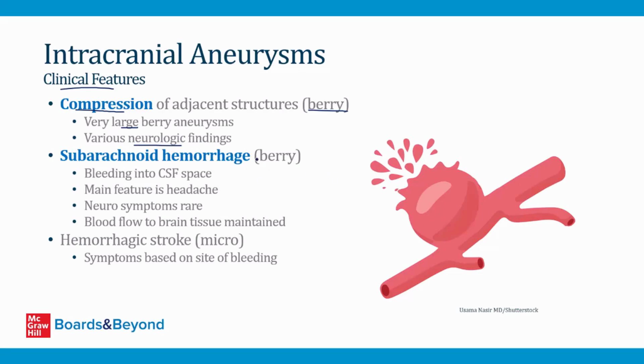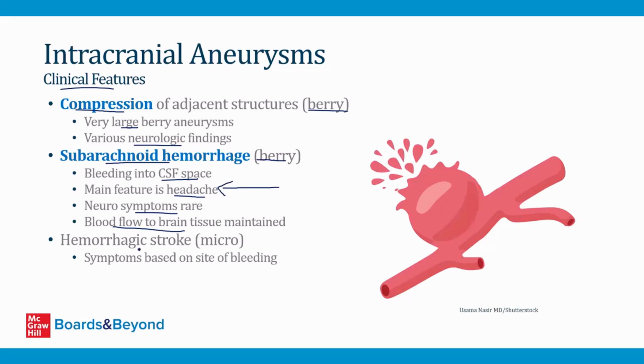The other thing that can happen with a berry aneurysm is it can rupture. And when it ruptures, it leads to a subarachnoid hemorrhage. This refers to bleeding into the space in the brain where you find cerebrospinal fluid. The main feature clinically here is headache from irritation of the meninges by blood. You can have focal neurologic symptoms, but that's rare. And the reason focal neurologic symptoms are rare is because blood flow to the brain tissue is maintained. The problem is that the bleeding into the subarachnoid space leads to irritation of the meninges, and so the dominant feature